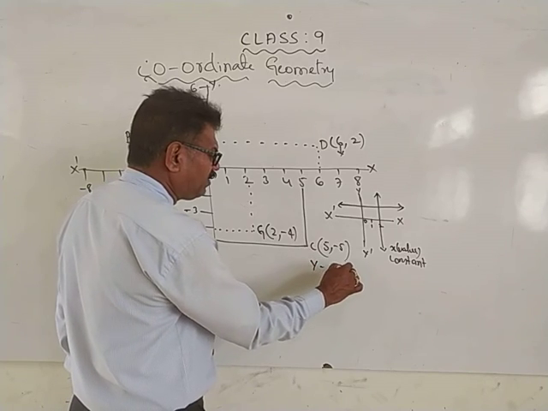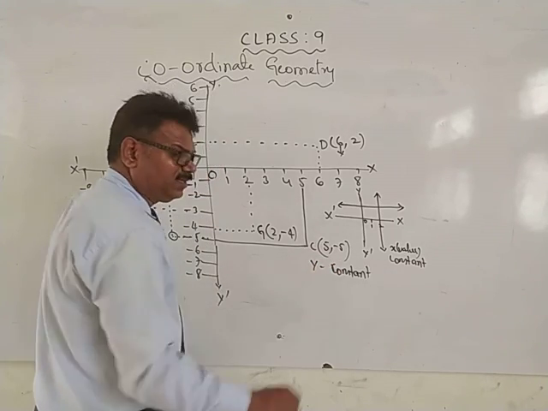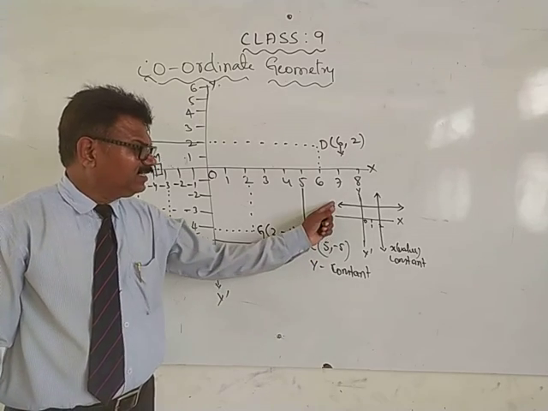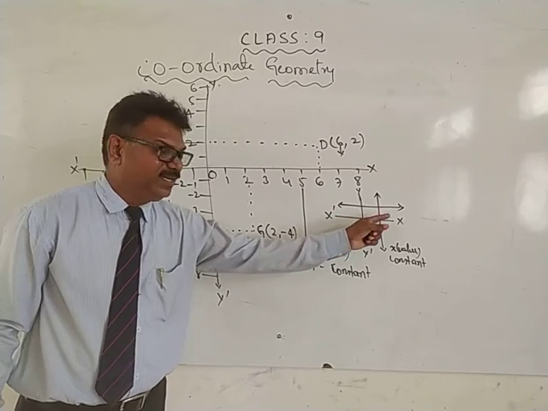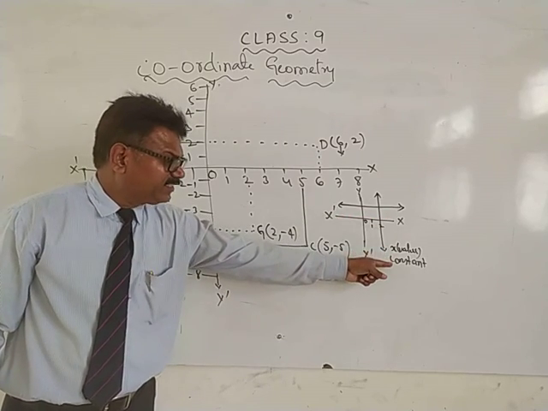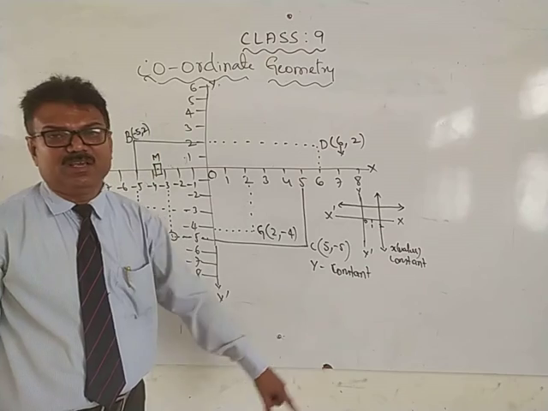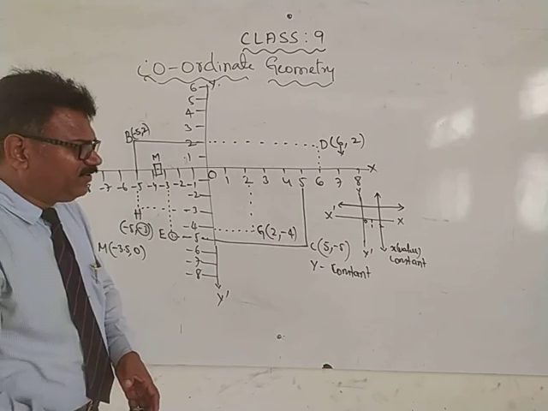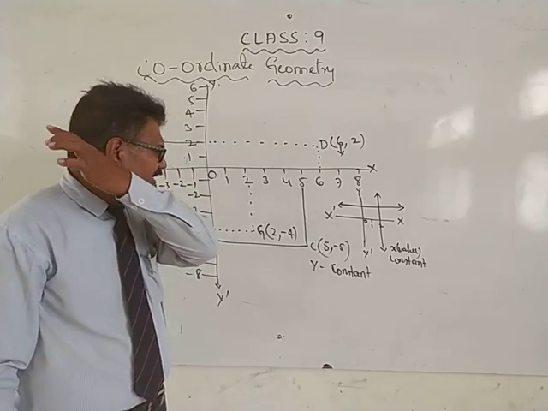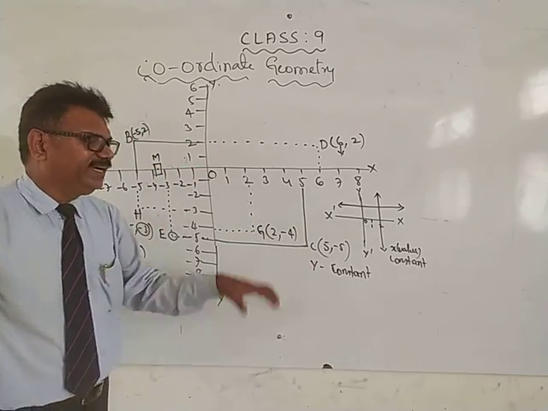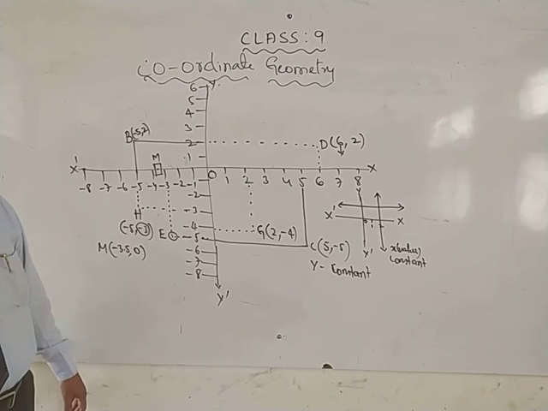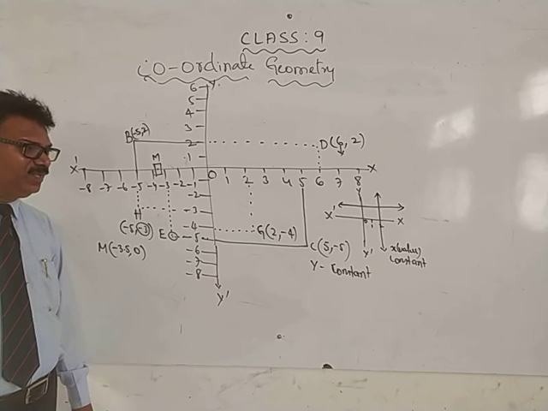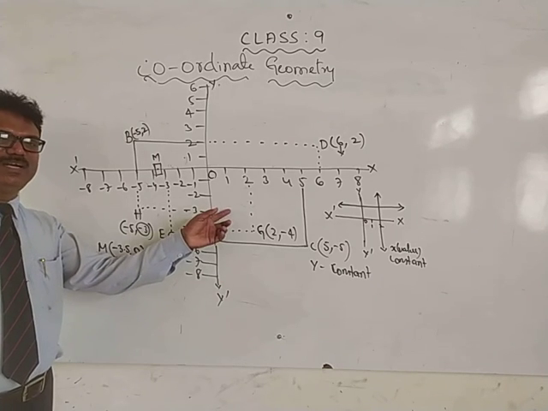If the line is parallel to the x axis, then what happened? The value of y will be constant. If y is constant, the line will be parallel to x-axis. If x is constant, then it will be parallel to y-axis. Okay? So these 2 points are very, very important. In the examination, they will ask you, and it is related to linear equations also. Because the next chapter will be linear equations. There also will be some connection with this coordinate geometry.